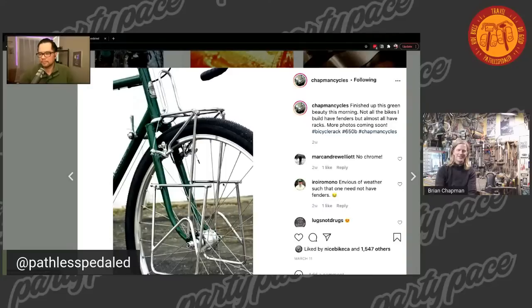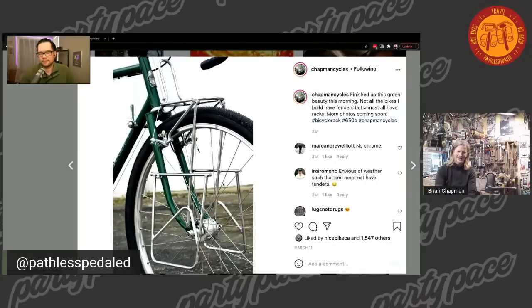And then there's maybe 3 hours of me just staring at it, thinking, did I do enough finish work for the chrome plater before I send it off? Because everything's visible under the chrome. So I just make sure it looks nice. And inevitably I always go back and touch something up, but I've become better at letting things go, like file marks and stuff. But to answer your question, it is a lot of bends and joints, but